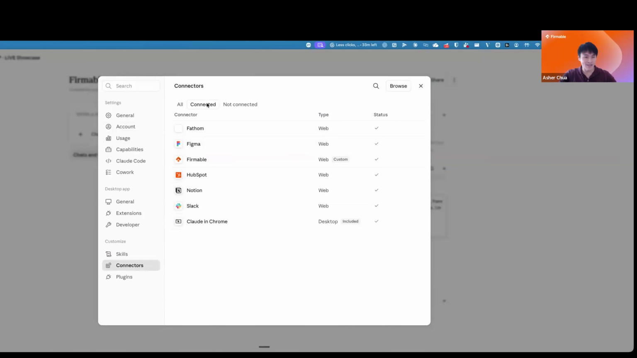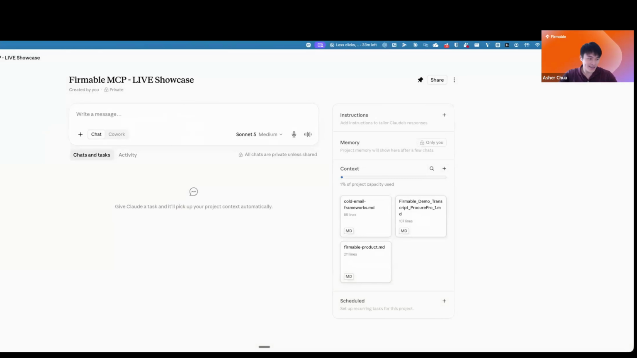So again, you can see I'm in Claude right now. It's the LLM that we are using. I'm connected to Firmable, Fathom, Figma, HubSpot, a lot of these applications, and I'll show you how they all come together later. But what I can do is simply ask in Claude. And I might say something like,